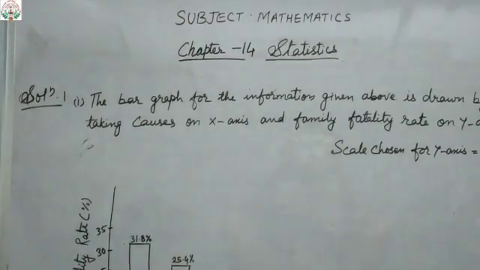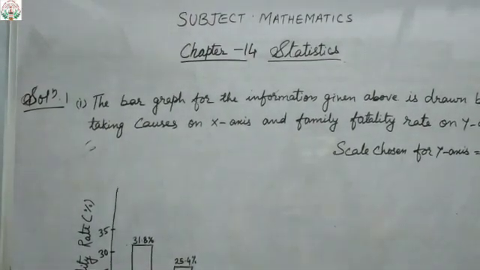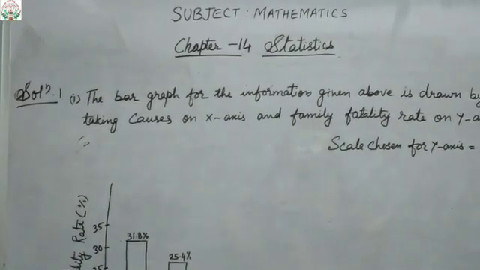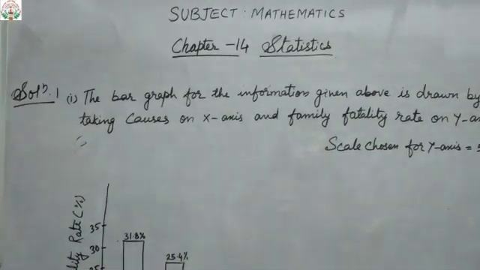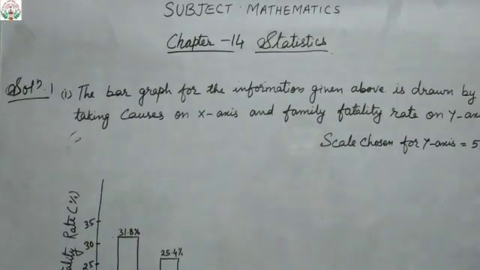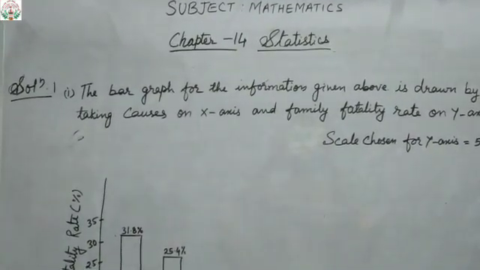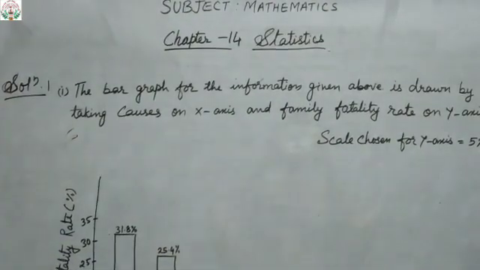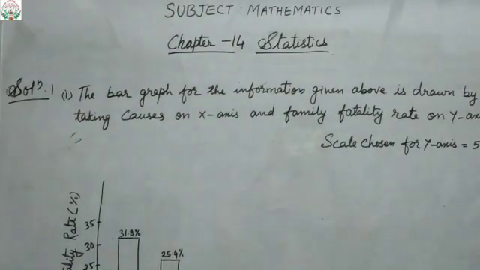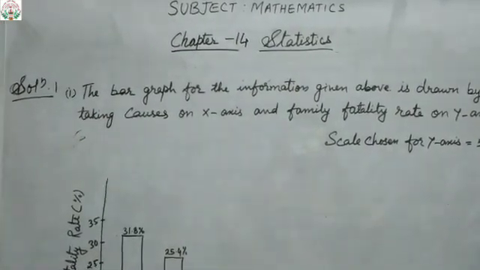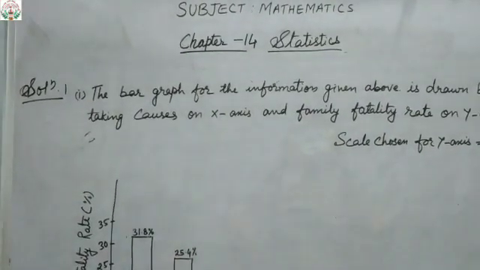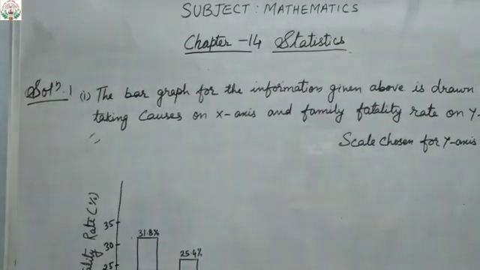So a table is given. You can see the table, with serial numbers 1, 2, 3, 4, 5, 6. Causes are the death or the illness of women, in percent. That is the causes of their death. First one, reproductive health conditions, then neuropsychiatric conditions, third one injuries, fourth one cardiovascular conditions, fifth one respiratory conditions, sixth is other causes.